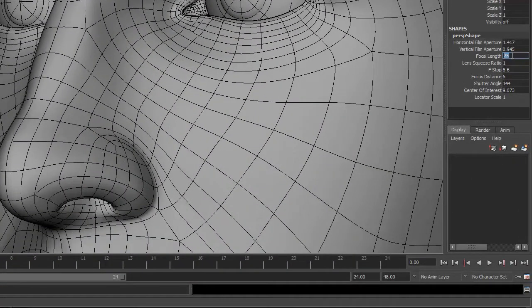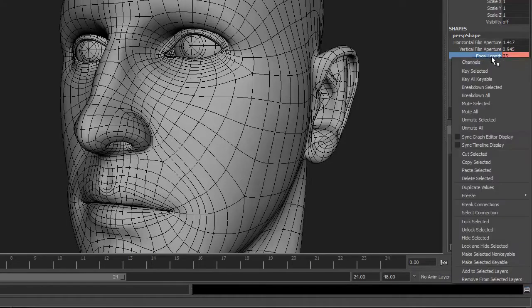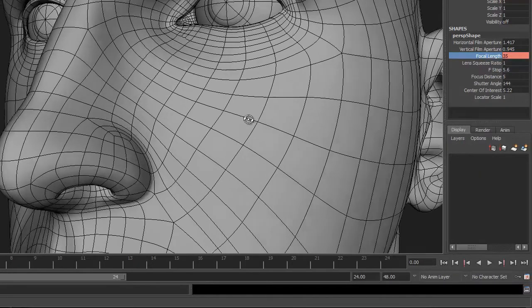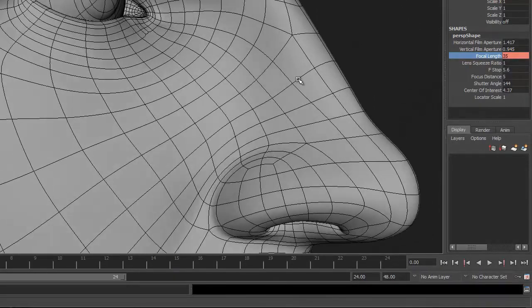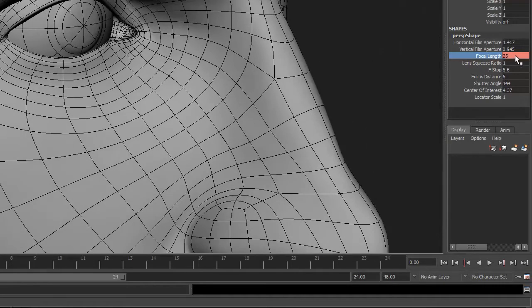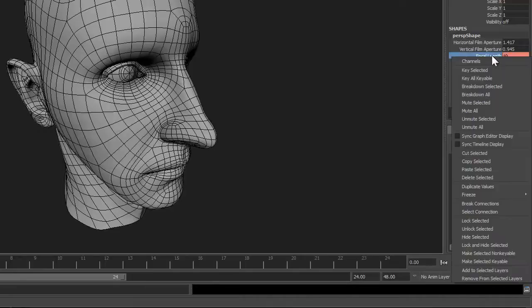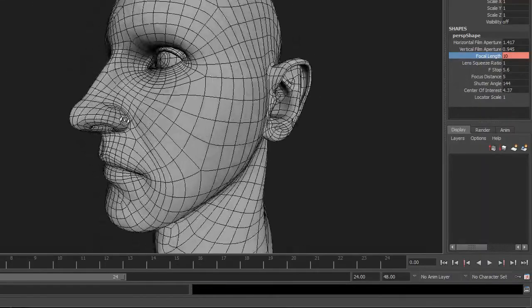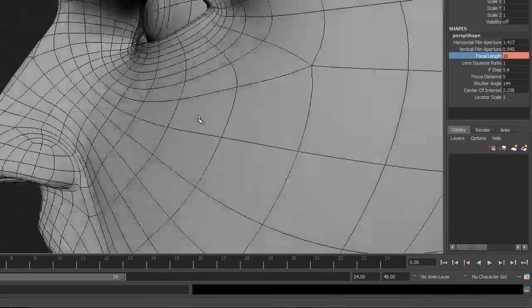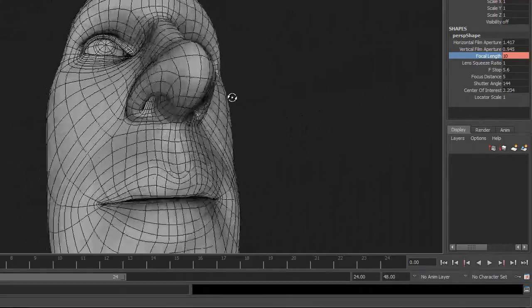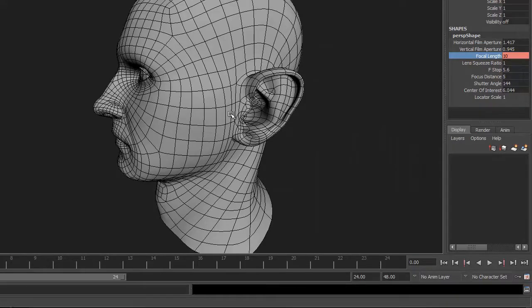So if I set this to the default, which is 35, and key that, notice that when I zoom in how the nose gets larger, things tend to bow towards me, and that's basically a fisheye lens. So if I drop this to 10, for example, and key that, notice how it bows towards me as I zoom in. Okay, so that's the effect that we're trying to avoid,